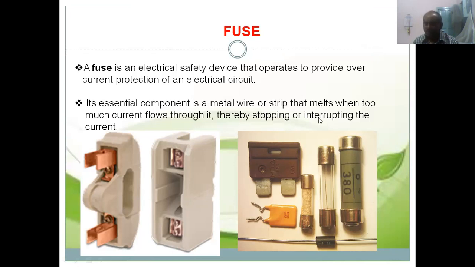When a fault occurs on this side, the current may not be 1 ampere; it may increase to 10 amperes. Whenever 10 amperes flows, it will automatically heat up as per I²Rt by J. The heat will accumulate and develop, and it melts this low melting fuse material. So it melts and opens the circuit. Thereby, whatever fault occurred is not fed from the supply side. This is the main aim of the fuse wire.